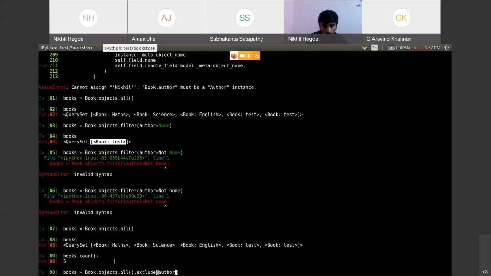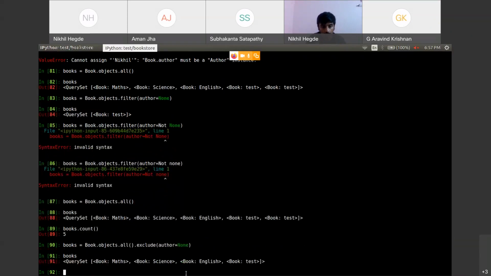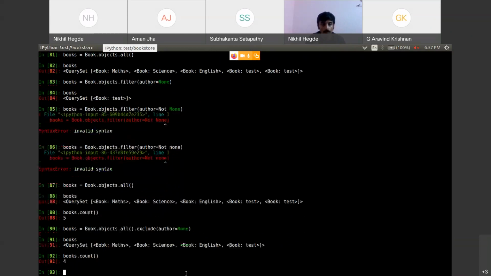Exclude author equal to none. The meaning is, first I'm fetching all the objects of books, and from these 5 objects, I'm excluding the book object which has no author. Now if you print it, I have got only 4. You see books.count, it has given me 4.